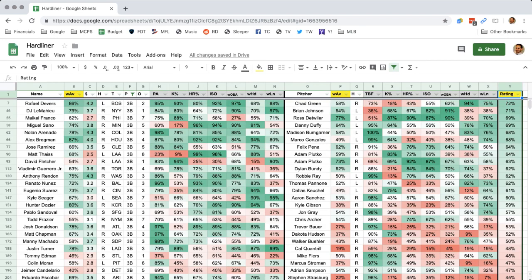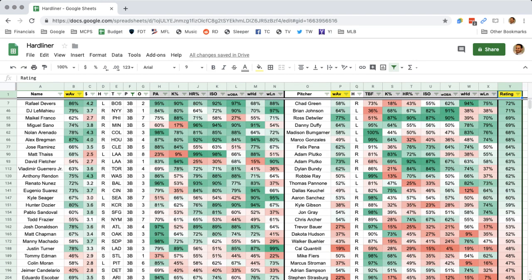And then on the other hand, you have Miguel Sano, who does strike out a lot. Danny Duffy, he's not terrible, but he doesn't strike out a ton of guys. And Sano might be able to avoid the strikeouts against Danny Duffy. Home run 96, ISO 94, WOBA 90, hard 91. The line score is definitely dropping because of that K rate. But if Sano makes contact tonight, odds are if it's not a home run, it's going to be a double. So going against Duffy, I like that matchup.